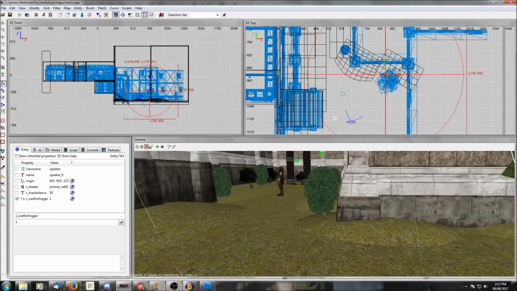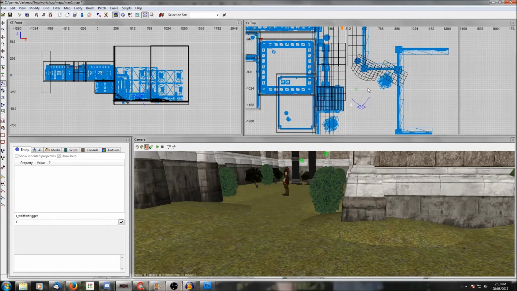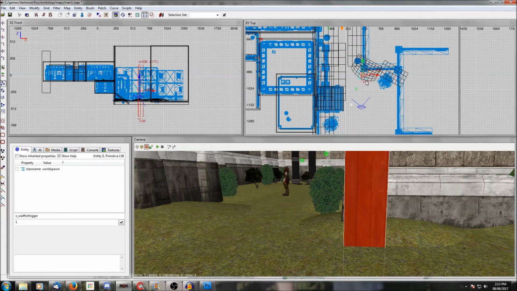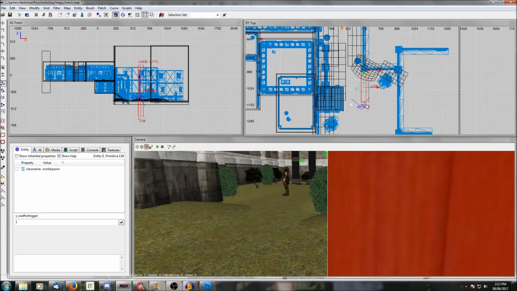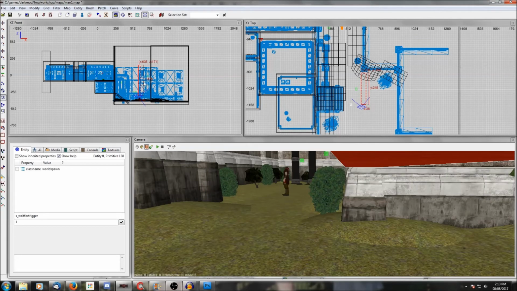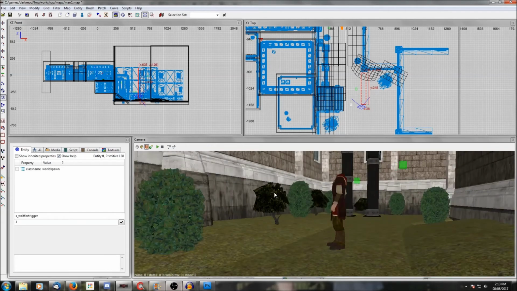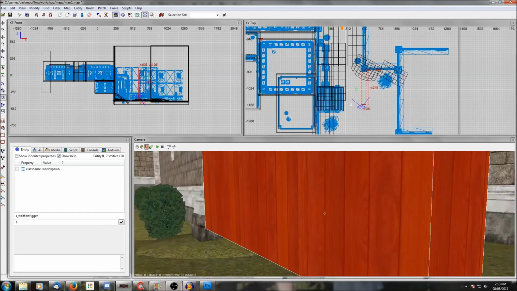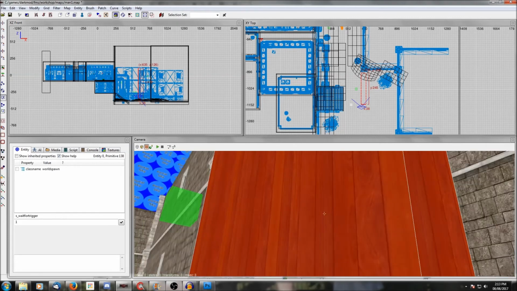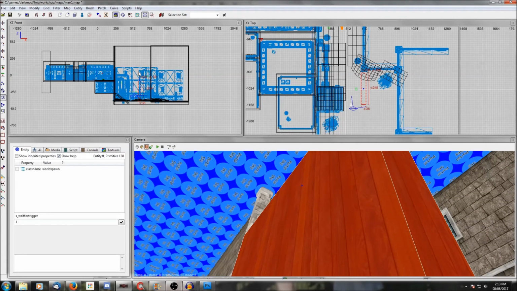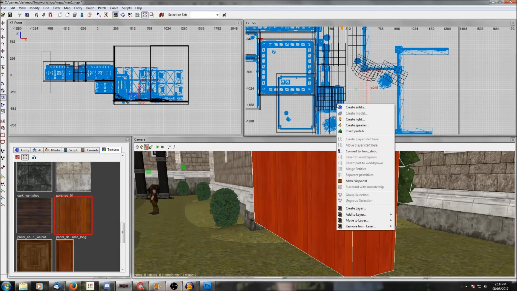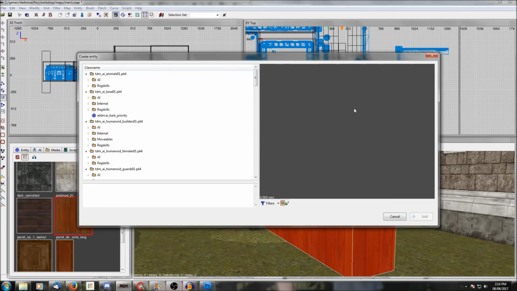Triggers are actually not that hard to make. A trigger is basically an invisible brush, and when the player touches that brush, it activates whatever the trigger targets. So first, drag out a brush and put it wherever you want your trigger to be. I'm going to put mine right on the corner here so that the sound is triggered as the player walks around. Then, with the brush still selected, you right-click, select Entity, and then scroll down until you see the folder